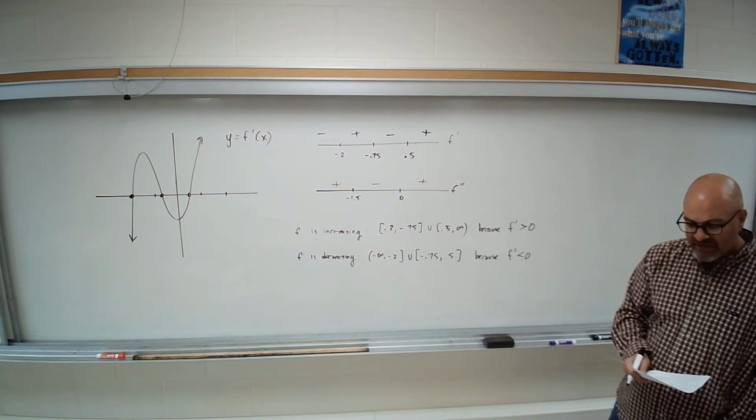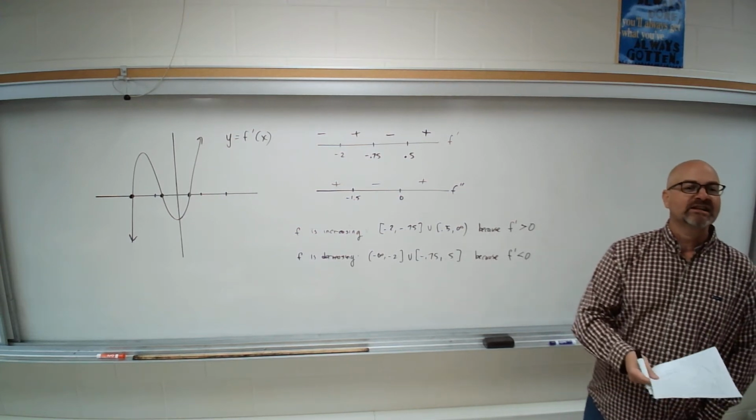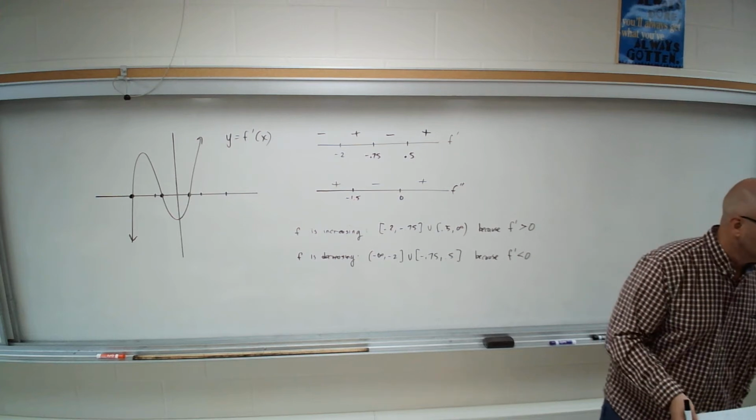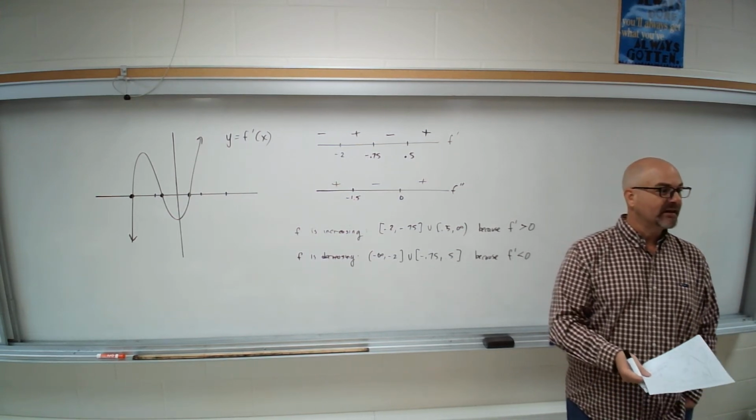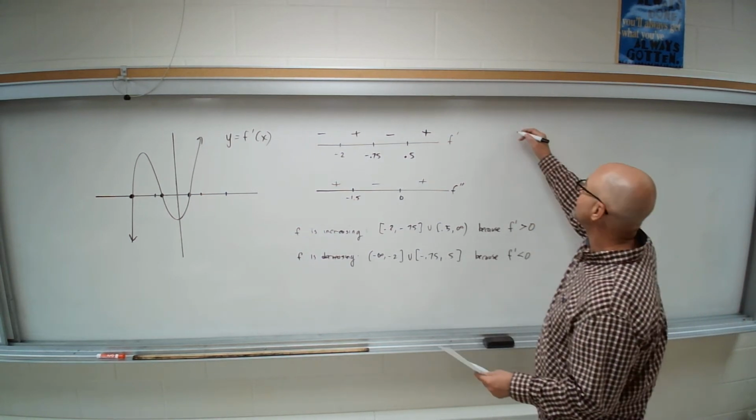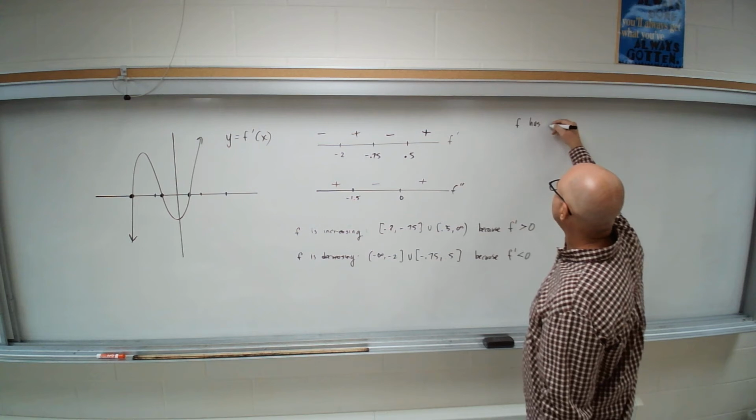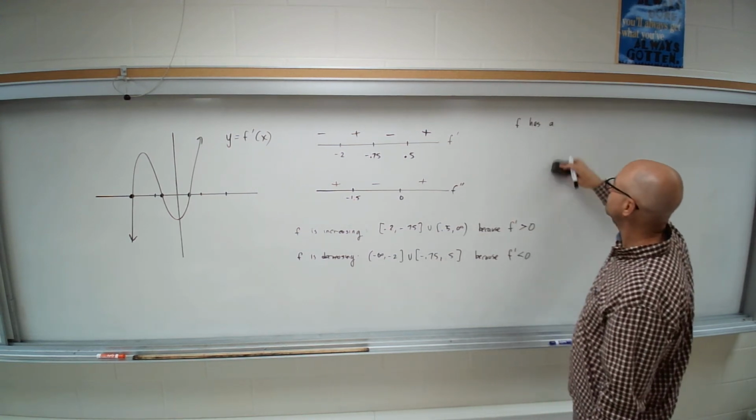Now the next question asks about minimums and maximums. Where, and when it says where, it means what x value. If it says where's the minimum, don't say, well, that's where it goes down and turns. Like, where, location. So let's say f has a maximum, and this will be a local max,